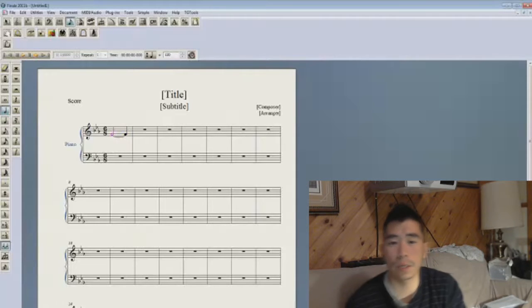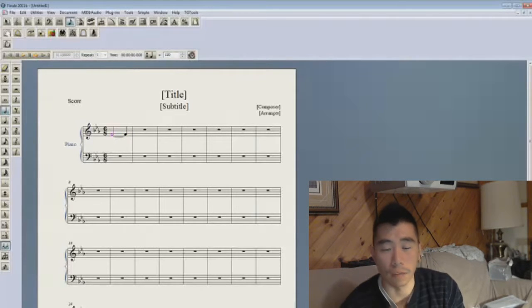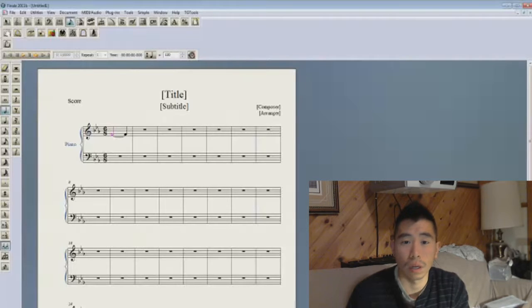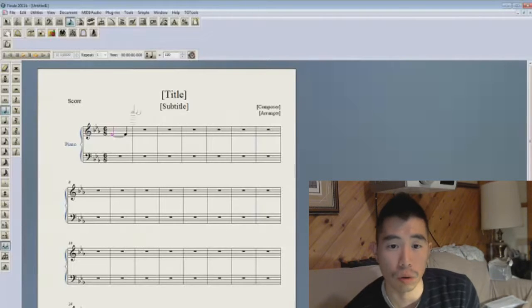So what happens here is that when you tie, the following note after the tie, or the loop following it, which is this note right here, would not be played again. It actually would be part of the first beat. So you've got 1, 2, 3, 4, 5, 6. Remember,